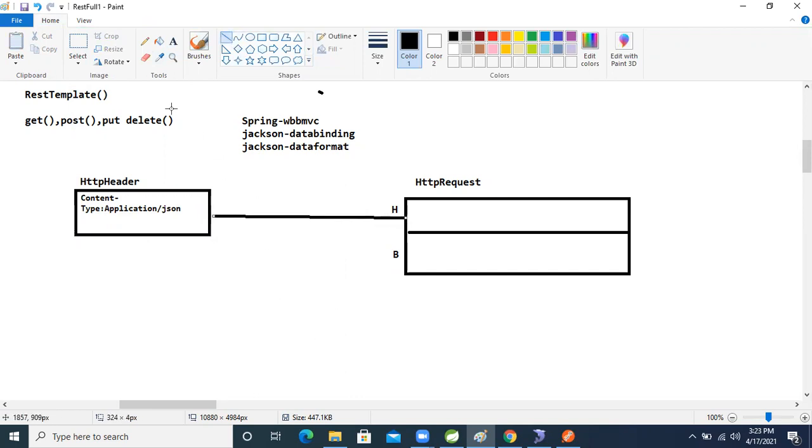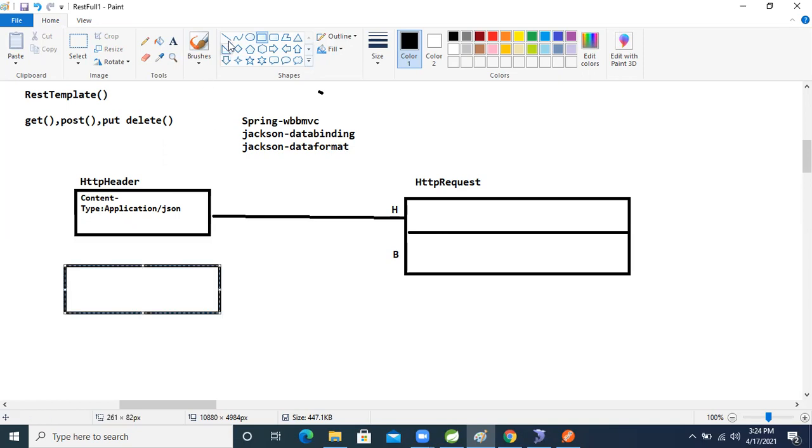Whenever we are doing the programmatic approach, guys, there is one more object. So in the header part, this data will be there, and based on this object we will perform the header operation. After that, there is another one. What is that, guys? A body part is there, right?